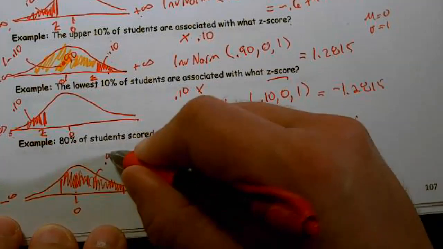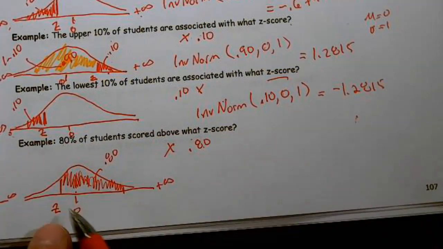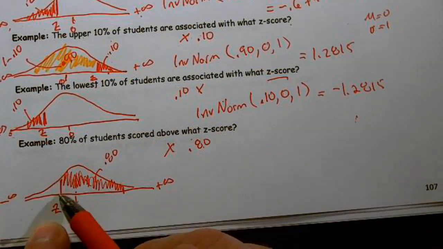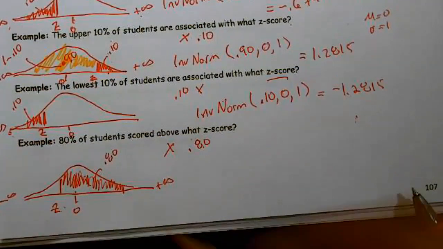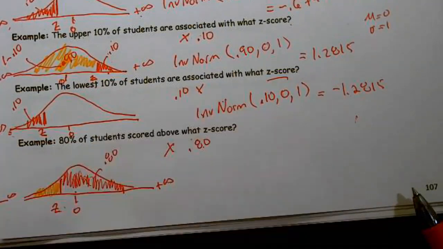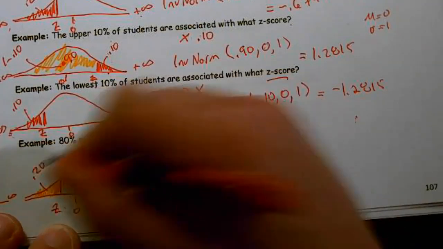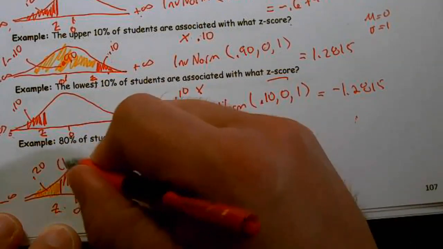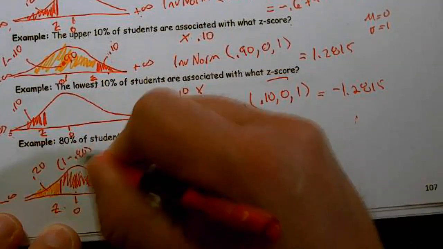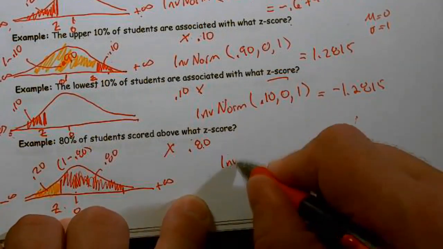And this is 0.80. So I'm looking for this z-score. Well, the z-score I'm looking for better be negative. All right? Now, the problem is, once again, I did not shade from negative infinity, and that's the way the calculator works. The calculator works from negative infinity, so this needs to be 0.20 because it's 1 minus the 0.8. All right? So, inverse norm,